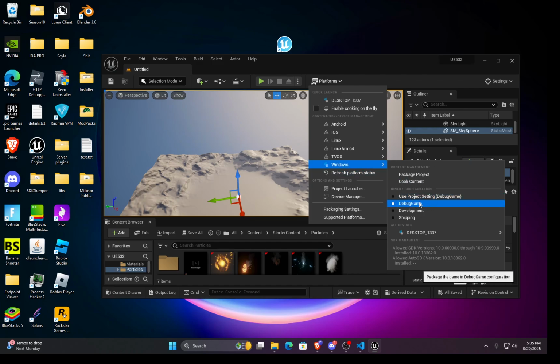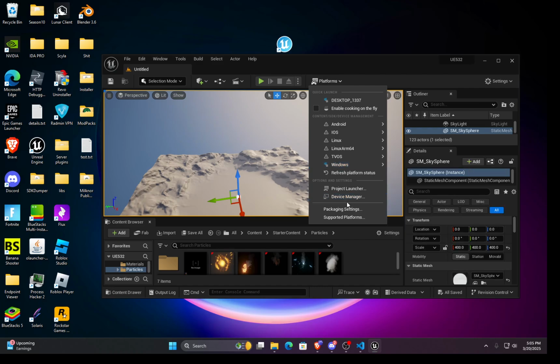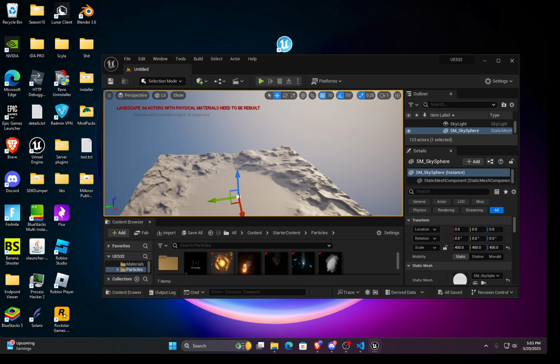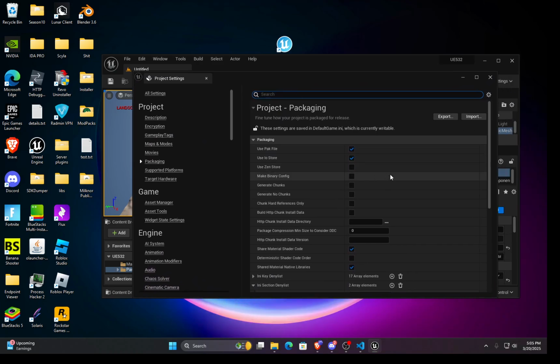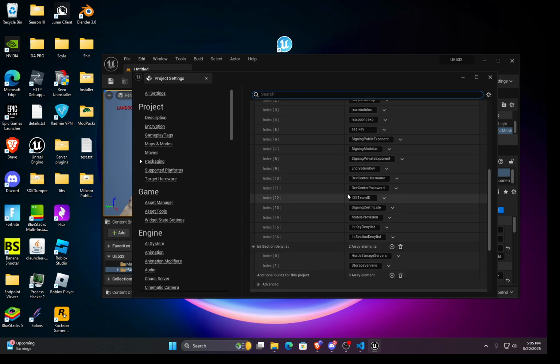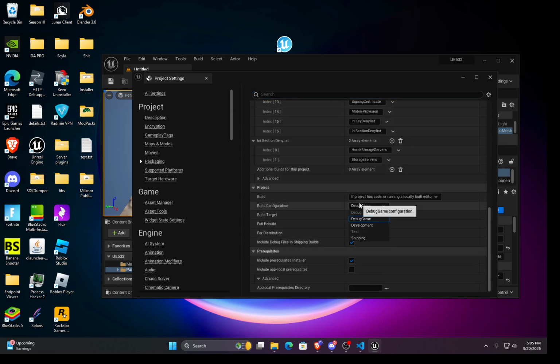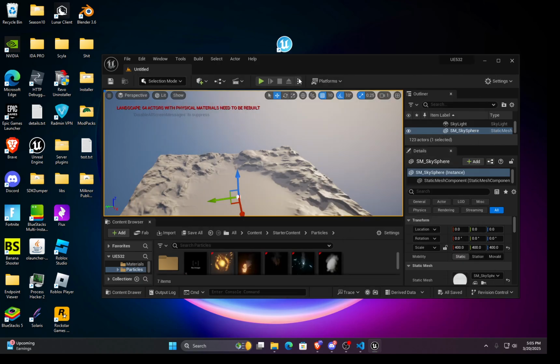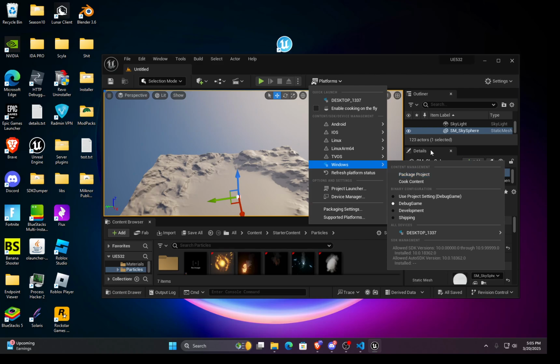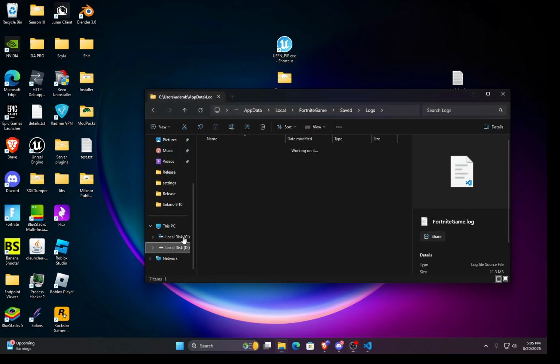Make sure this says debug game. If it doesn't, here's what you should do. Actually, no matter what, don't even click debug game. Just go to packaging settings and search for, just scroll down, honestly, forgot what it's called, build configuration, and make sure it's set to debug game. And then you can go here and hit package project, and you can select the folder,